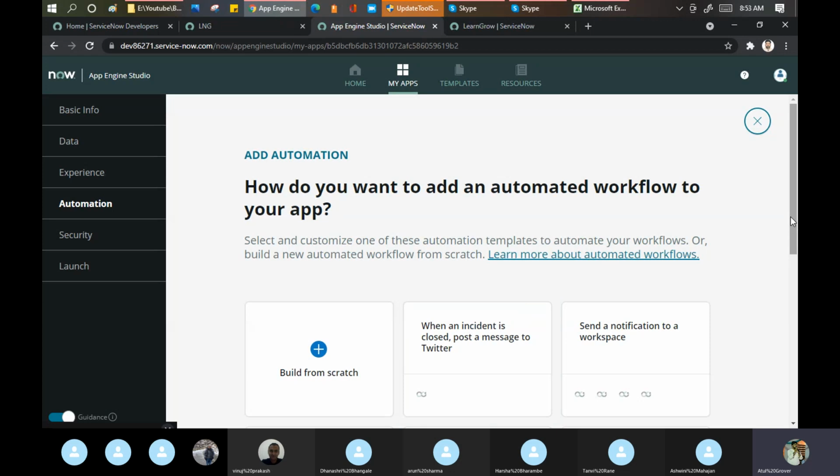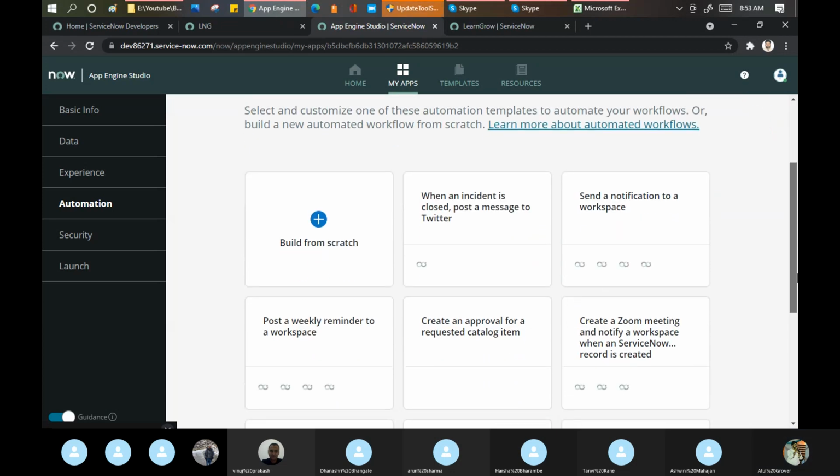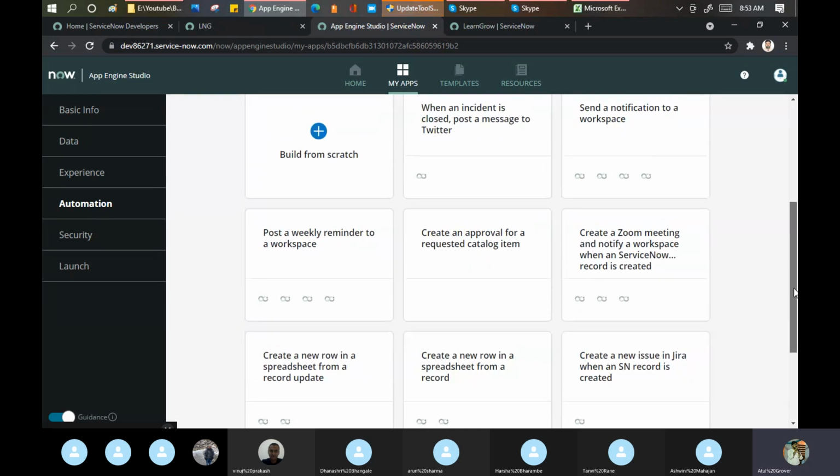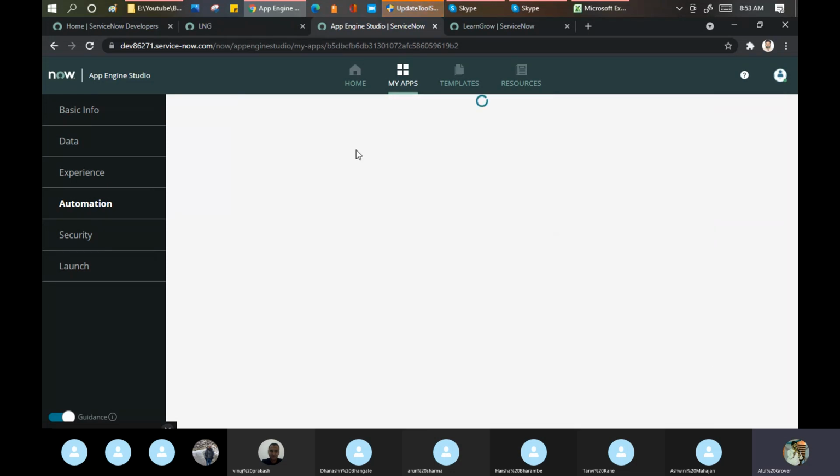You want to build from the scratch, or these are the predefined workflows given by ServiceNow. So you can use it. A lot of options are there. If I click on scratch, same thing we'll need to do here.